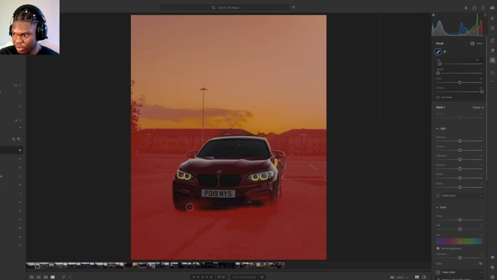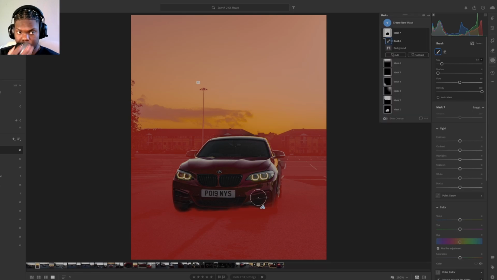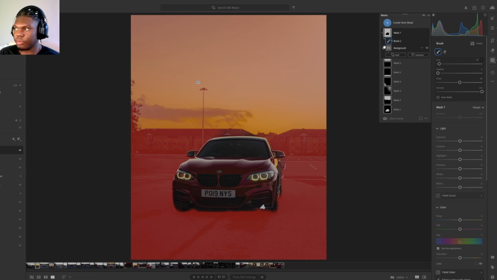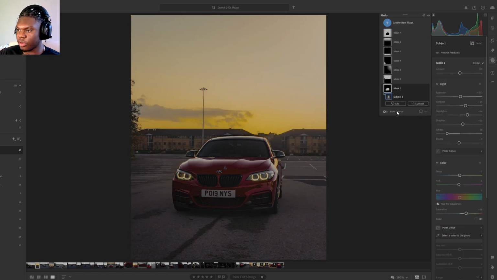included in the background, which we don't want none of this. I'm going to increase that slightly by scrolling the wheel up. The wheel right here, as you see, moves up and down as I scroll. And because the background wasn't selected too well, I'm going to check the subject mask as well to see how much was